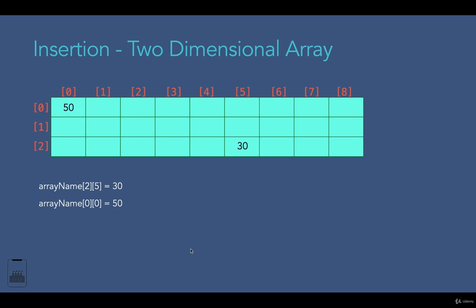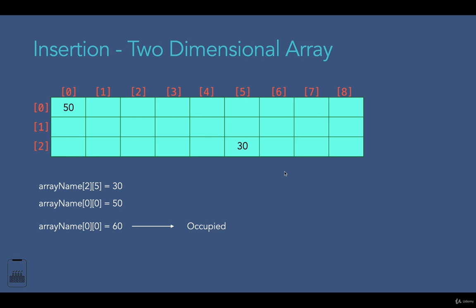Now here the interesting point is that if the cell is occupied, we cannot insert an element there. So we are going to write our algorithm so that every time we check whether the cell is already occupied or not. For example, if I want to insert 60 into this first cell, our algorithm should return something saying that this cell is already occupied, because in this case it becomes an update operation. But here we need to write an algorithm to insert elements into the two-dimensional array.